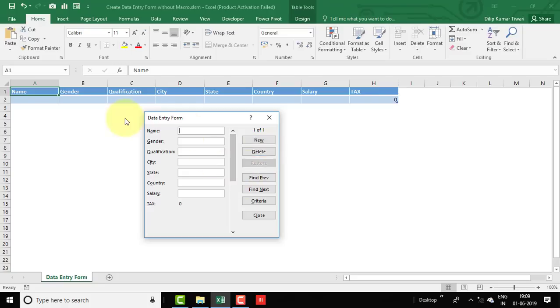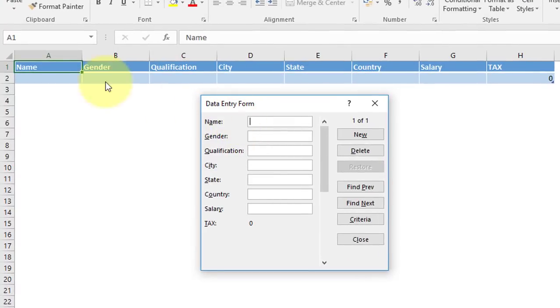Basically this form is picking the header from the Excel sheet. Here you can see it's a data entry form, and that's why the header of this form is also Data Entry Form. And this form is picking all the columns: name, gender, qualification, city, state, country, salary, and tax. These columns are coming from the table which we are utilizing, and these are the fields. Name, gender, qualification, city, state, country and salary will be entered by the user. But you can see that for tax, there is no user input,